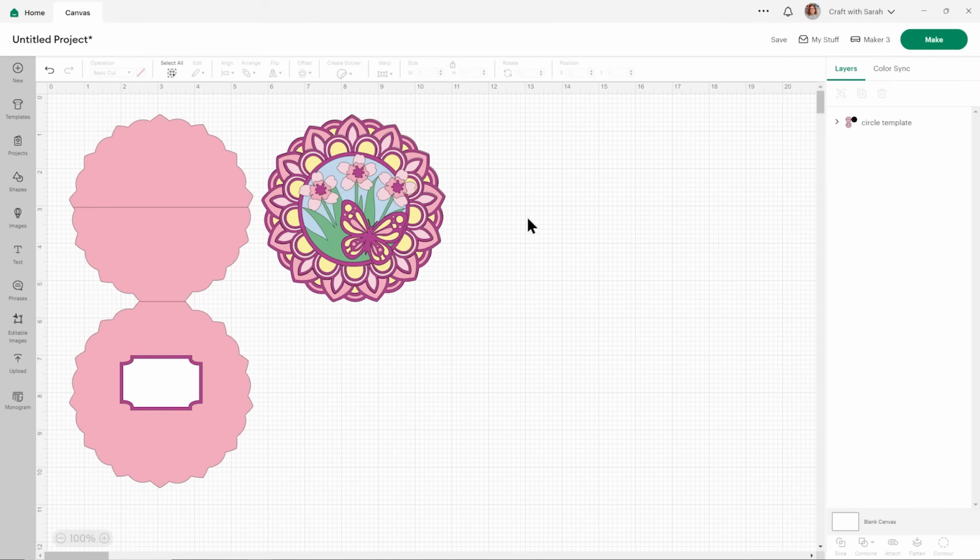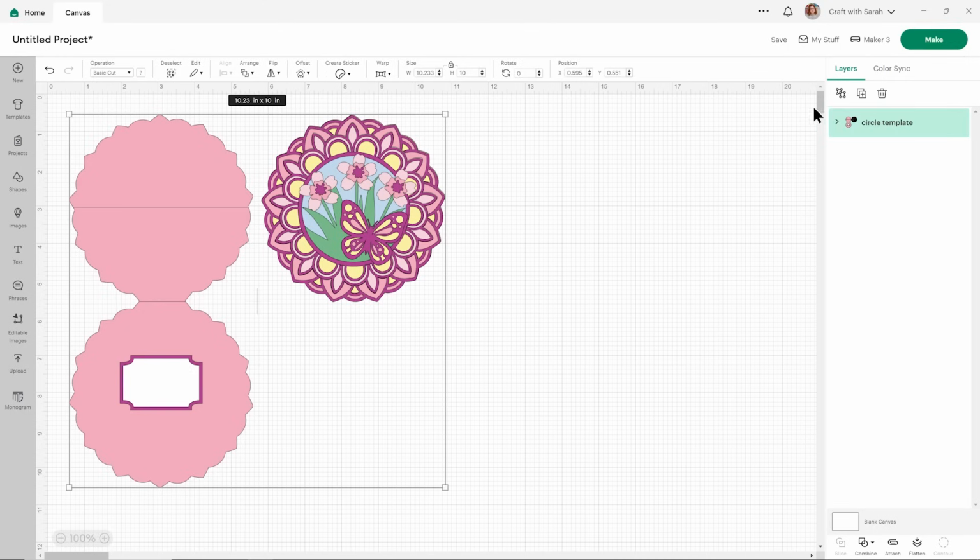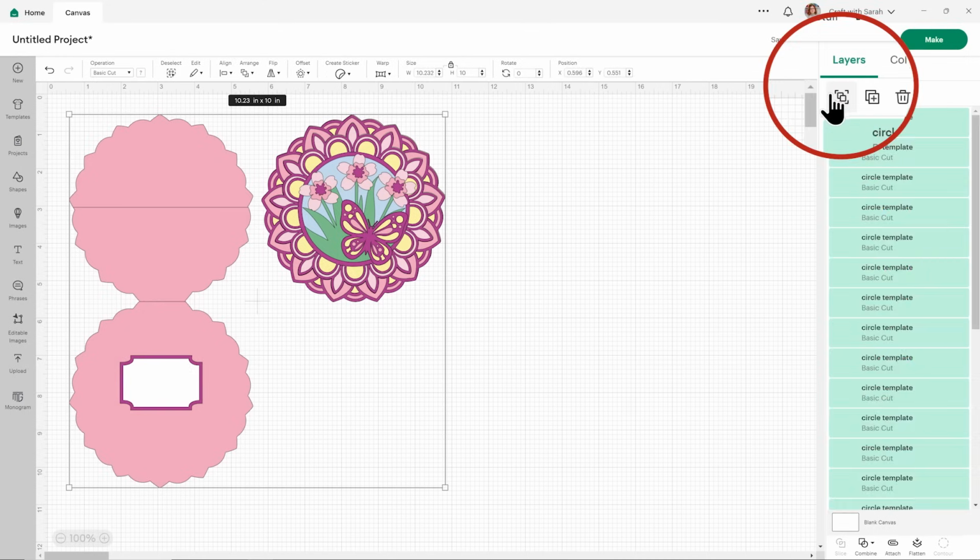This is the second easel card design which is included in today's download. And you can see this one is a little bit fancier. So this shows how you can use other shapes and images and pictures to make a really detailed and layered easel card. We need to do the same steps on this one that we did for the square one. So first click it and ungroup the layers.